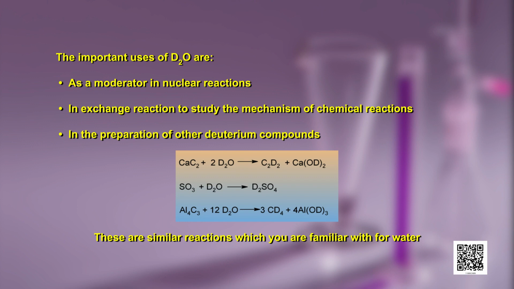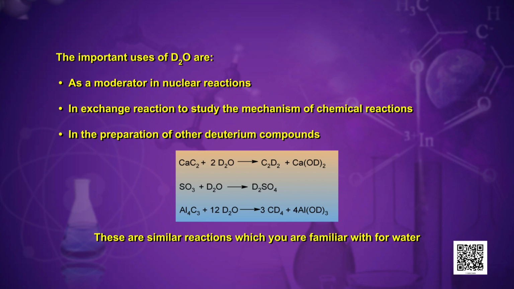It is also used in the preparation of other deuterium compounds, as you can see in the reactions where calcium carbide on reaction with D2O gives you C2D2 as one of the compounds, which is equivalent to ethyne, if you remember. Similar to the case of compounds in which hydrogen is present instead of deuterium. Similar reaction is there when D2O reacts with sulfur trioxide to give you D2SO4. Had H2O been there, you would have got H2SO4, that is sulfuric acid, and this is the corresponding reaction with